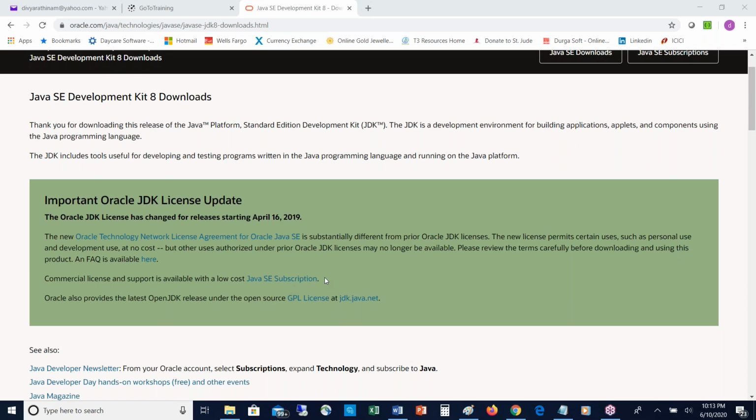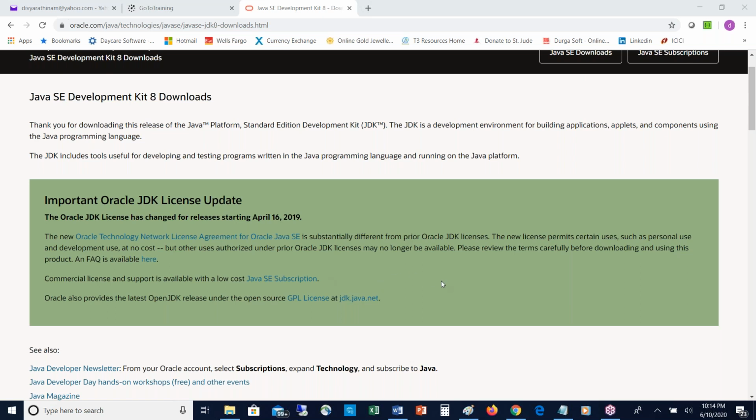When this code is deployed into the production server, then to run your Java program on the server end, we have to purchase the Java license. Only in commercial terms do we have to purchase the Java license. For developing and personal usage, there is no cost. Here, the Java SE subscription, a commercial license, is available at low cost. Commercial use only, we have to purchase it. Now let's download it for ourselves, for personal use or development. We are free to use it.